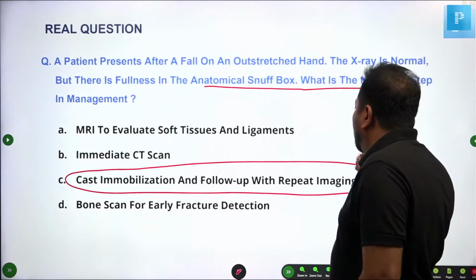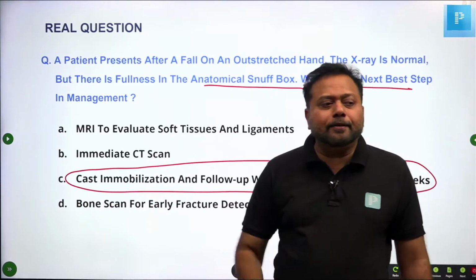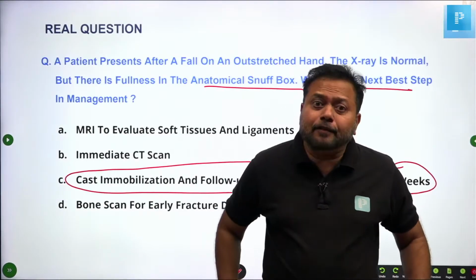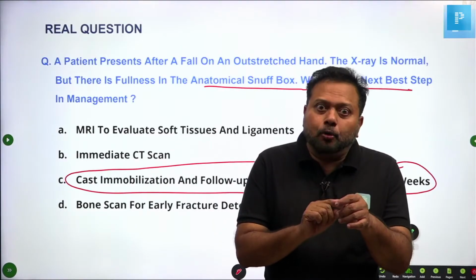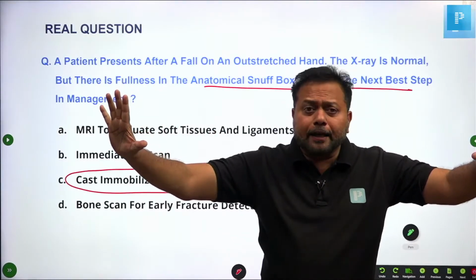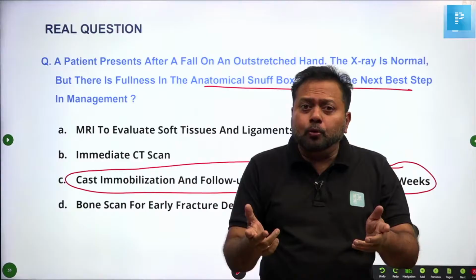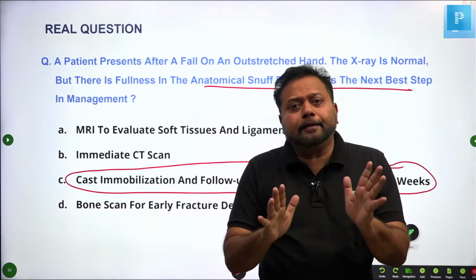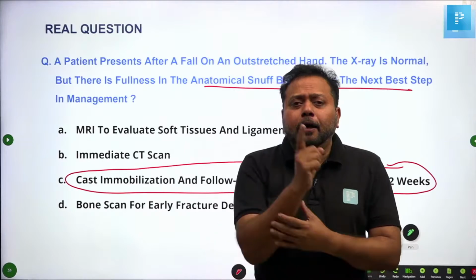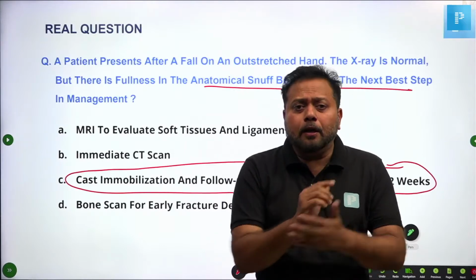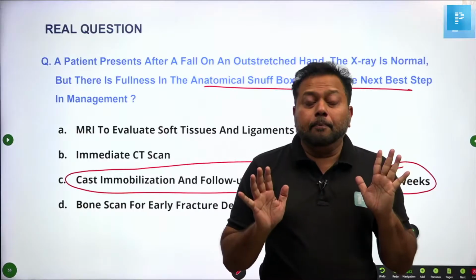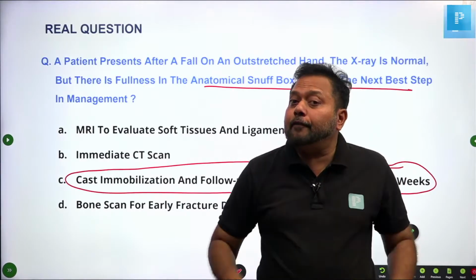Treat it with a scaphoid cast and follow up after 2 weeks. Repeat the X-ray. If X-ray shows signs of fracture healing after 2 weeks, continue the cast for 10 weeks. Even after 2 weeks, if X-ray is not showing anything, no signs of healing fracture, remove the cast and let him free. Because as far as scaphoid fracture is concerned, over treatment is justified rather than under treating a patient. Because we know the dreaded complication of scaphoid fracture.